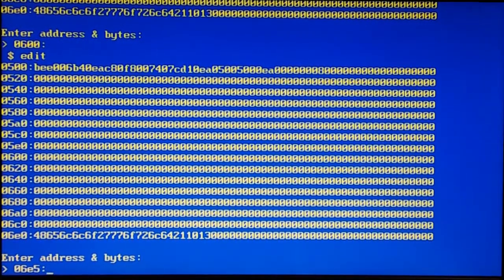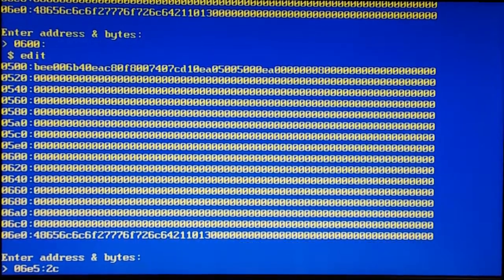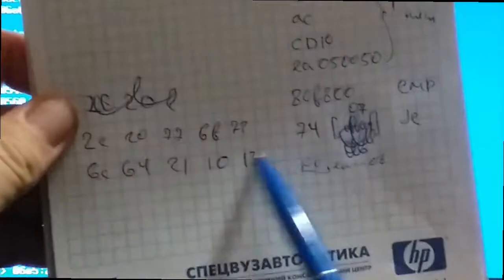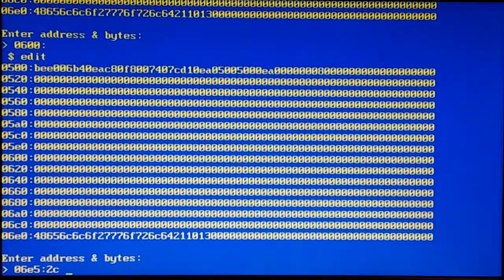Okay, so comma is 2C. Okay, so yeah, I'm just typing from the paper. I got it here. Here are the ASCII characters, right? So